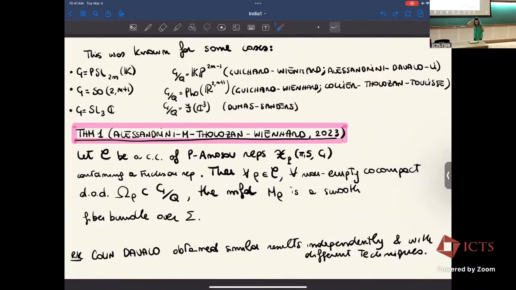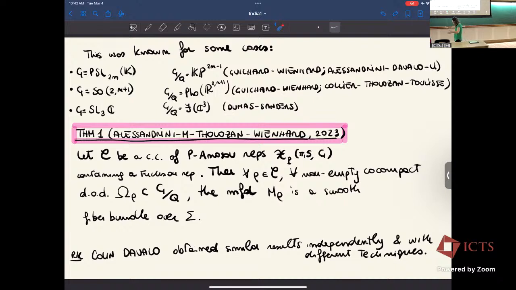So first of all, these results were known in some cases, like when your domain of discontinuity landed in projective space. In the case of SO(2,n), you have this photon space. And in this case, again, Guichard and Wienhard studied the topology, and Collier, Tholozan, and Toulisse have an alternative proof. And then Dumas and Sanders discuss the flag space. And so what we do is that we